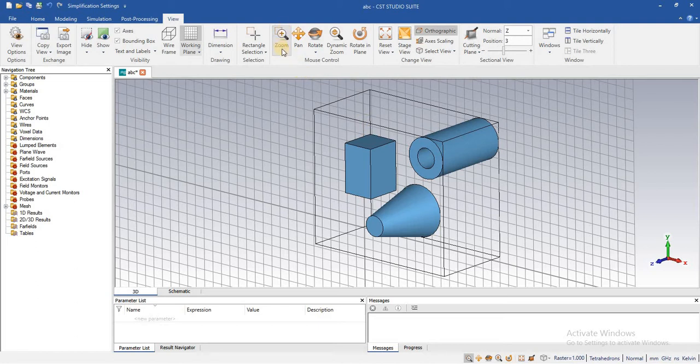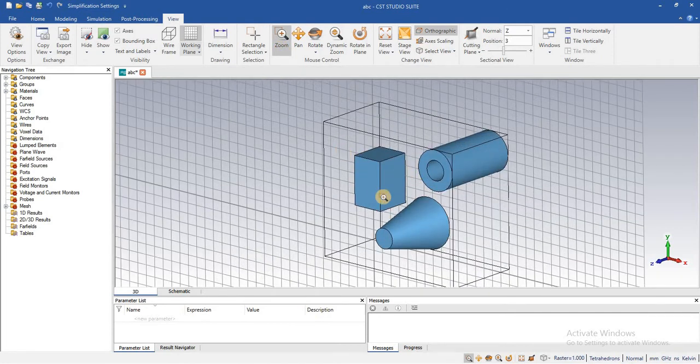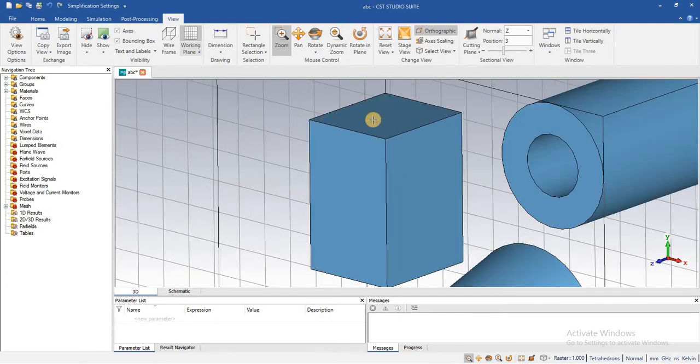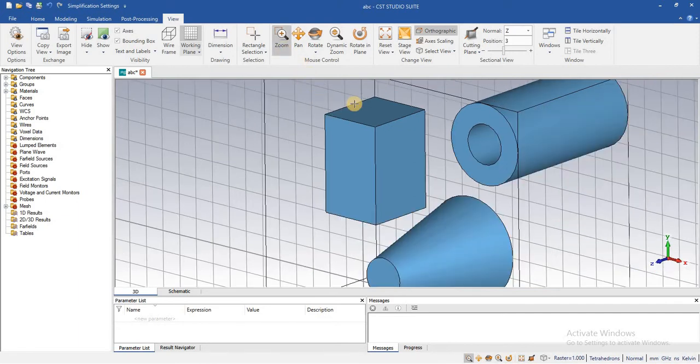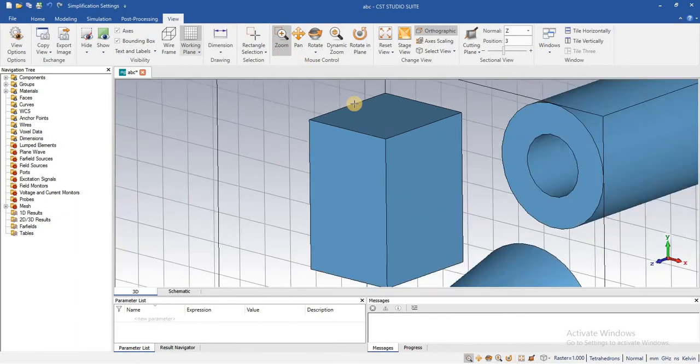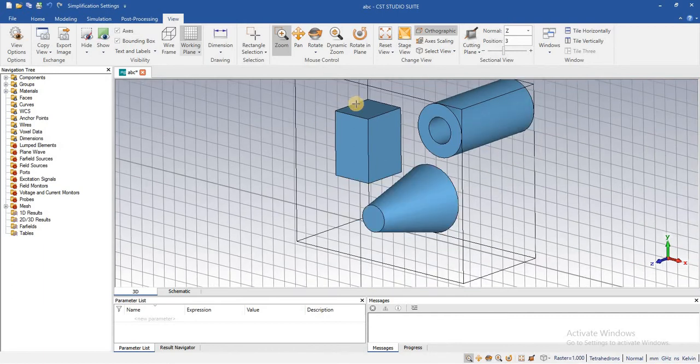The zoom command. This zoom command is the active zoom command. We will select with the rectangular select, and the diagram will be zoomed. Similarly, we can zoom out or zoom in by mouse wheel. And you can select any object in the view.